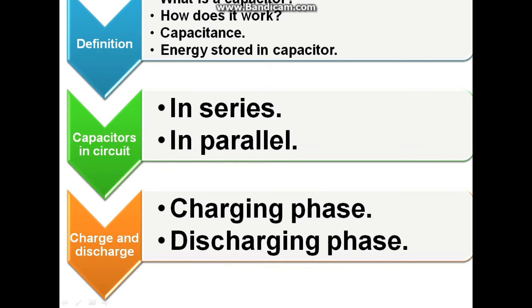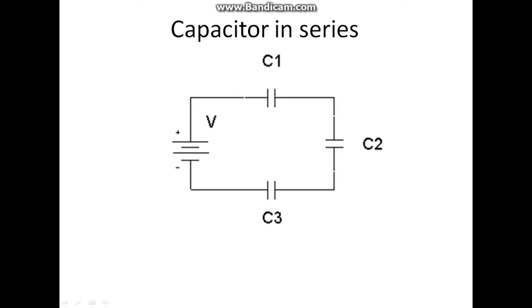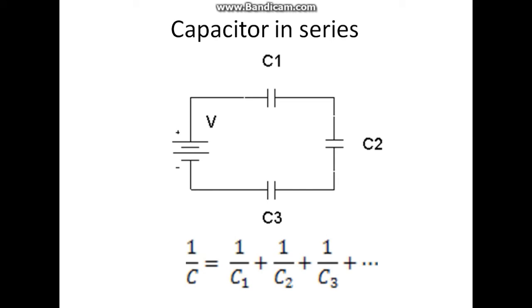We move to the second part and investigate how the capacitors behave when they are in series and in parallel. When the capacitors are in series, the amount of charge that each capacitor stores is the same, and the total capacitance is calculated by the equation 1 over C equals 1 over C1 plus 1 over C2 and so